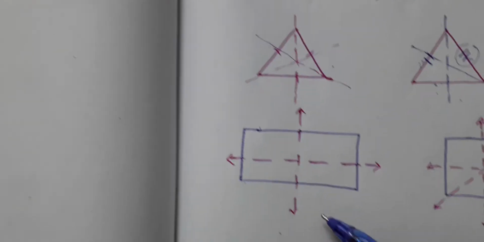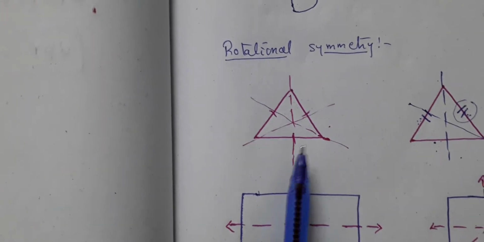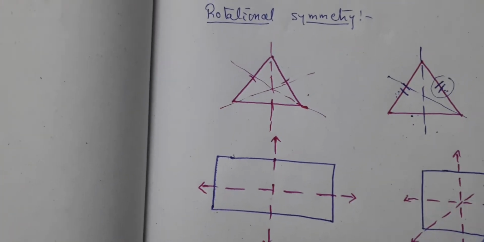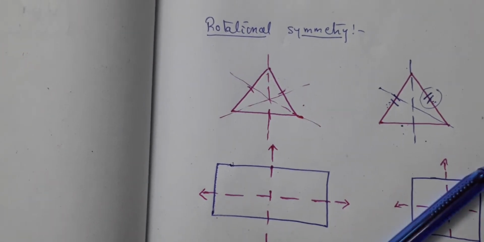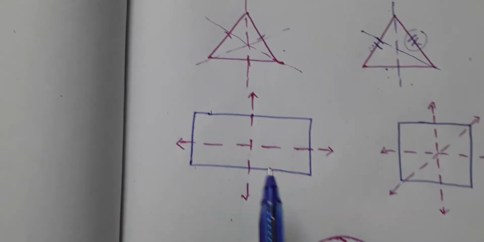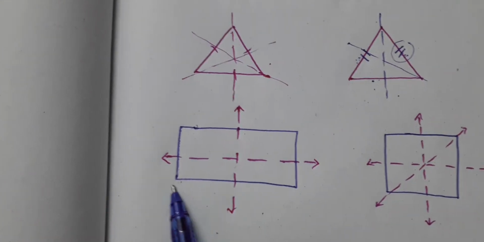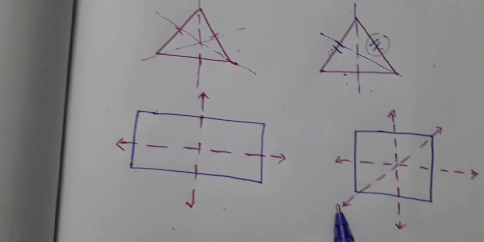Now if I take a rectangle, I can rotate about the length, I can rotate about the width. If I take a square, I can also rotate about this one. Why? Because for a square, you have this half and this half equal. But in case of a rectangle, no, they are oppositely oriented. So in case of a rectangle, you cannot rotate along the diagonal, but in case of a square, you can rotate along the diagonal.